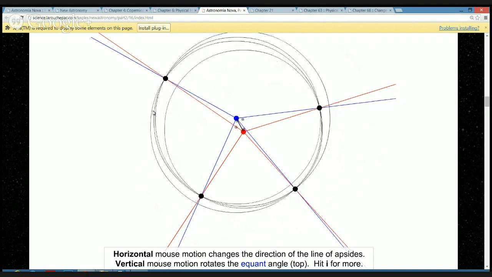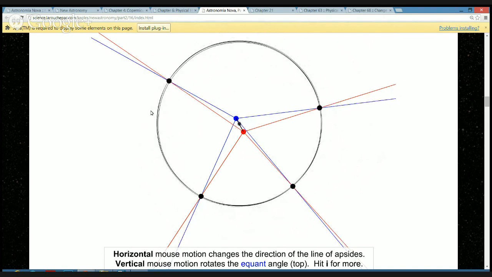After 70 adjustments, he arrives at this. And he says, this is the best possible orbit. We've got a line of apsides, a direction, a line along which the sun and the equant are. This tells us where Mars moves at its very slowest and where Mars moves at its very fastest. We've got the distances between the red sun and the black center, and the black center and the blue equant. And we've got the orientation of the blue lines. That's called the epoch.